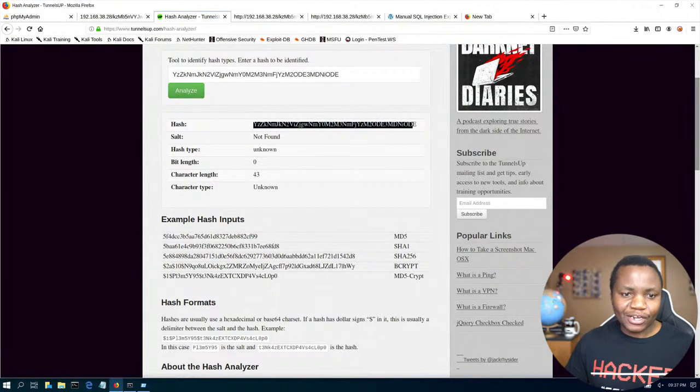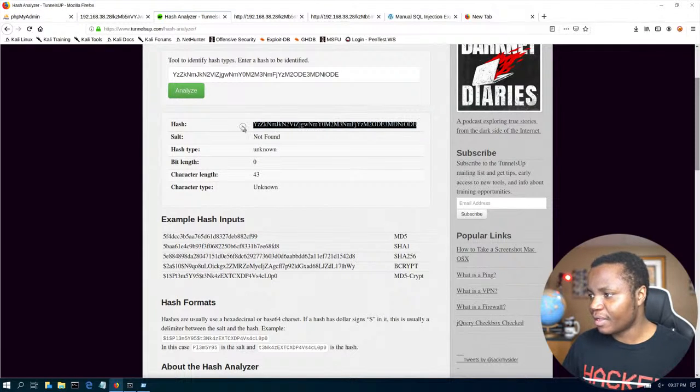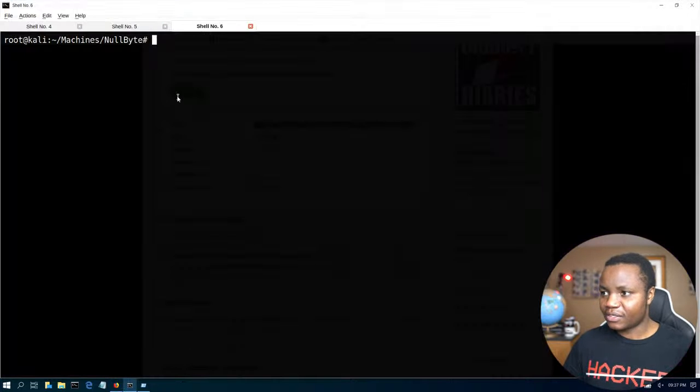And here is what I do every time I'm stuck with an unknown hash. I assume it's base 64. Someone tell me in the comments if that is a wrong way to do it. Every time I see a hash and I don't know what it is, I send it to base 64 and try to decode it that way. And in this case,